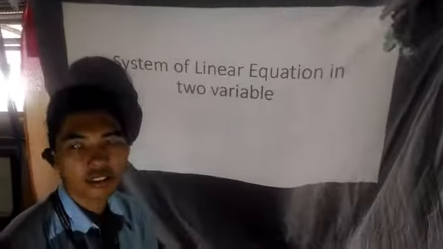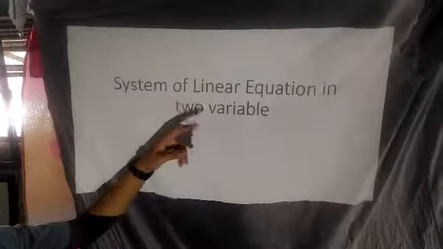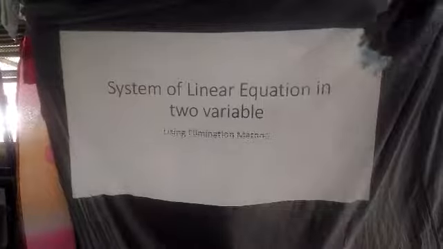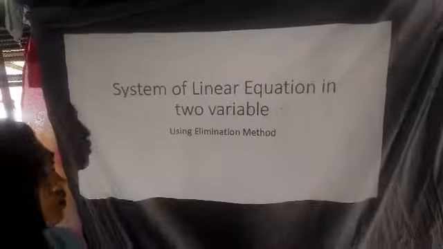Good day guys. Now we tackle the system of linear equations in two variables using the elimination method. So we have two variables, equation 1 and equation 2. Now, using the elimination method, we will cancel a variable. I choose y to cancel. So it became,